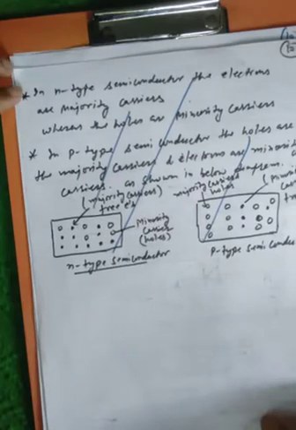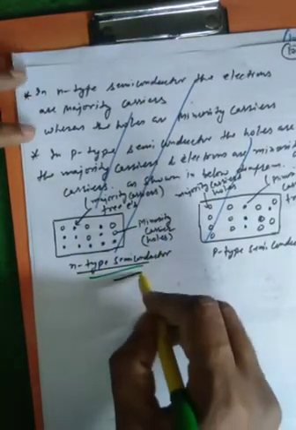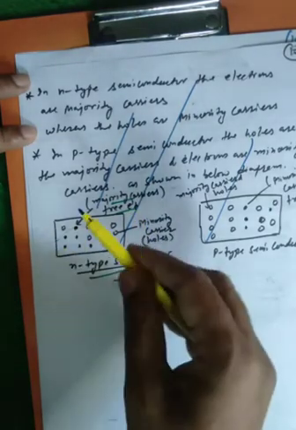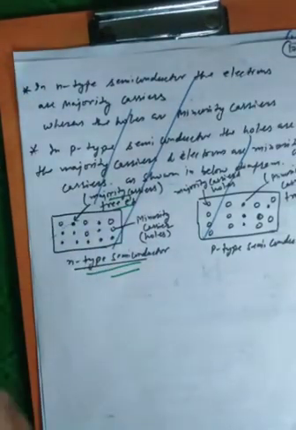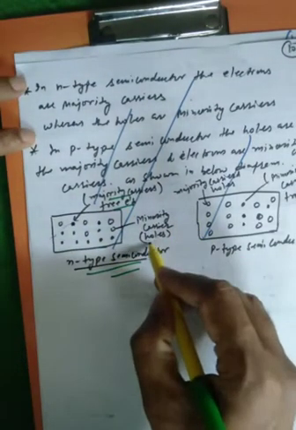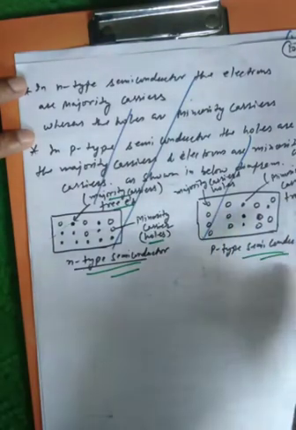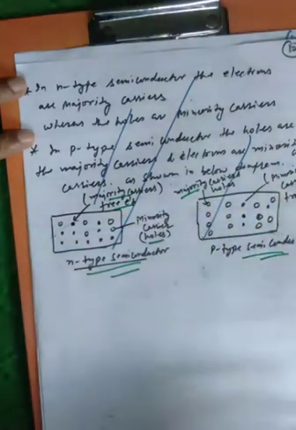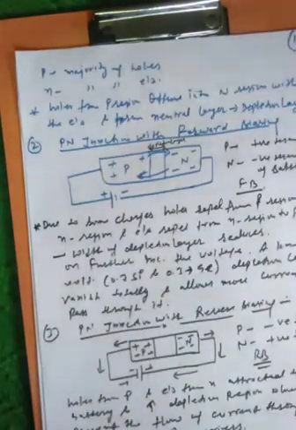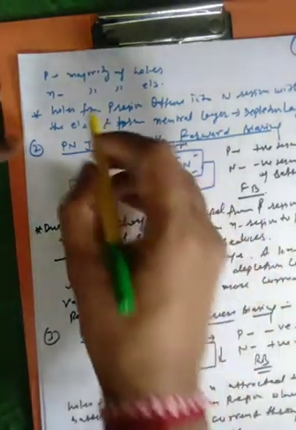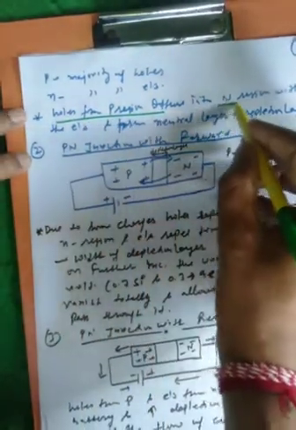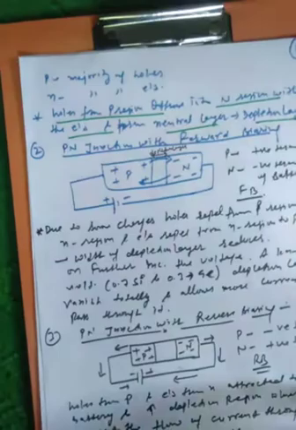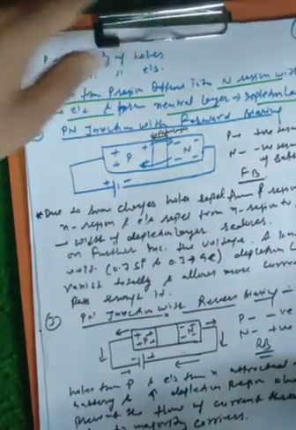In N-type semiconductors, we know that the majority charge carriers are free electrons, and holes are the minority carriers. In P-type semiconductors there are holes as majority carriers and electrons as minority carriers. When holes from the P region diffuse into the N region with the electrons, they form a neutral layer, which is known as the depletion layer, as we saw in the diagram.